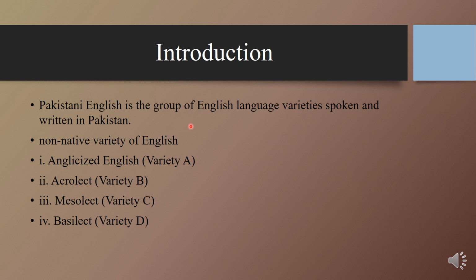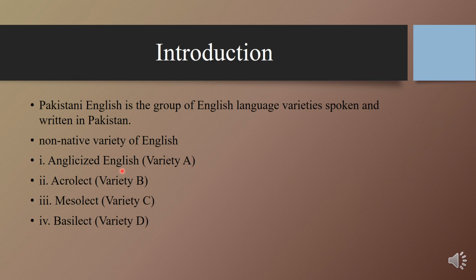As you know, that is a non-native variety of English language, and the native varieties of English are American and British English. In non-native English, we can discuss four varieties of Pakistani English. First one is Anglicized English, Variety A. Anglicized English means that is related to the